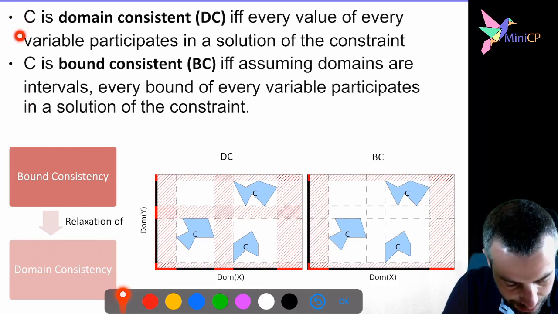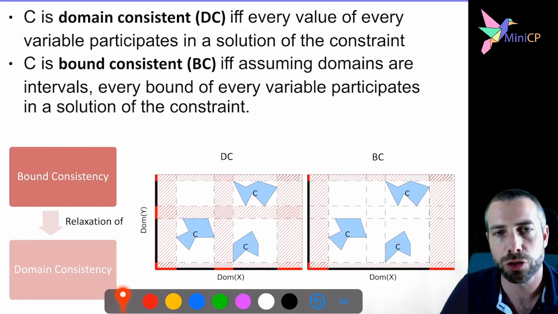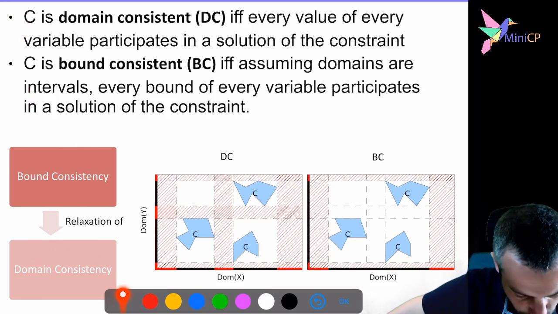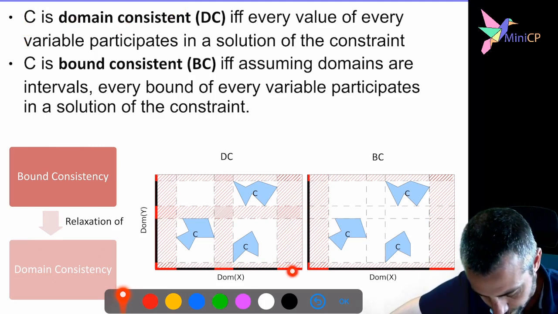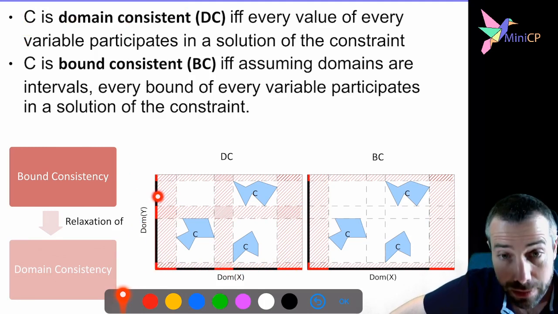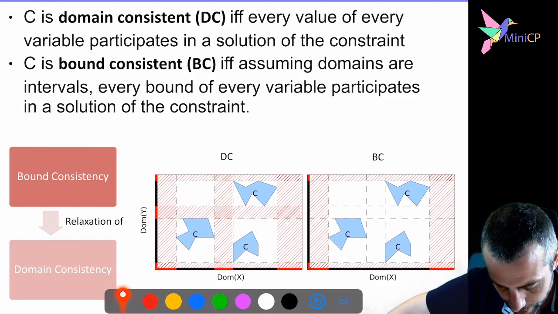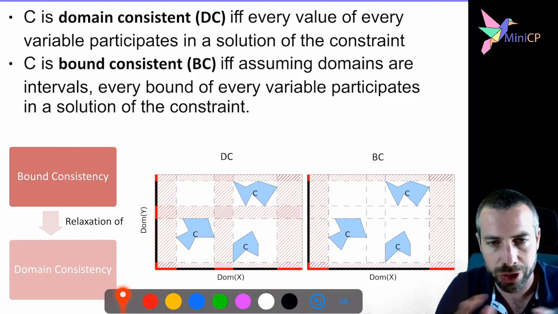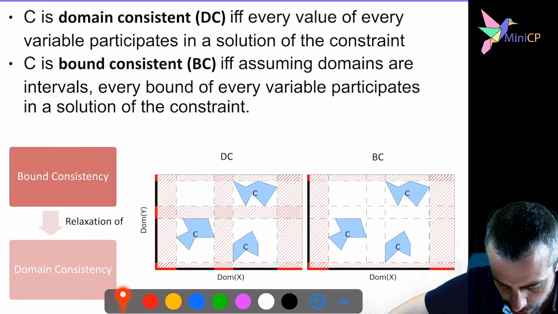The domain consistency is quite easy. It means that you would be able to remove every value that does not participate in the solution of the constraint. Okay? And if I need to represent the domain consistency, I can represent it here. So imagine that you would start with the domain of X, which is this one, the domain of Y, which is this one. If you are able to remove every inconsistent value, you would remove this from the domain of Y, this from the domain of X, assuming the blue region corresponds to the feasible combinations of the variables Y and X for this constraint. Okay, so these are the feasible regions for one same constraint C. And so this is what you would remove.